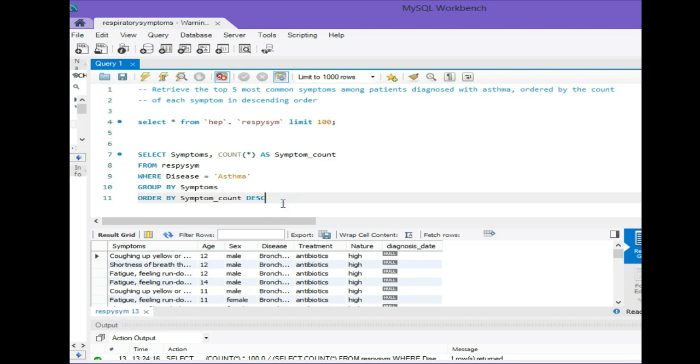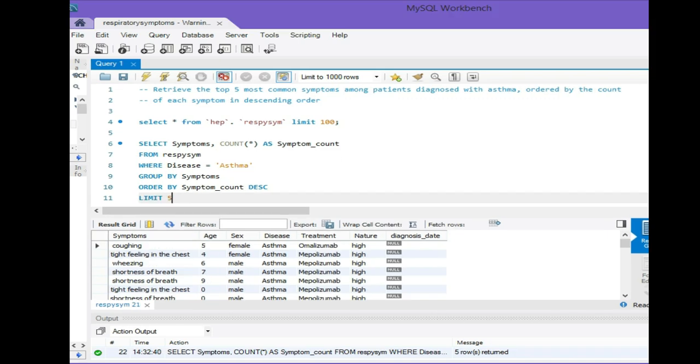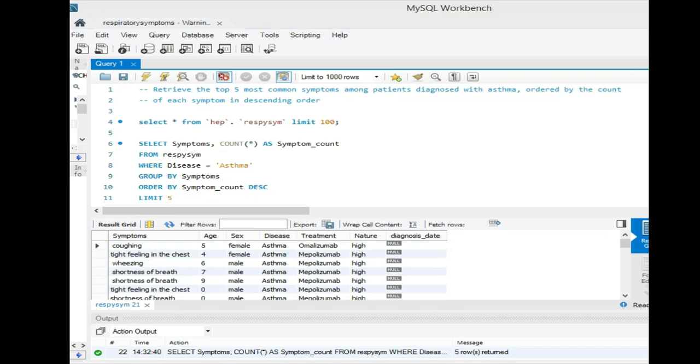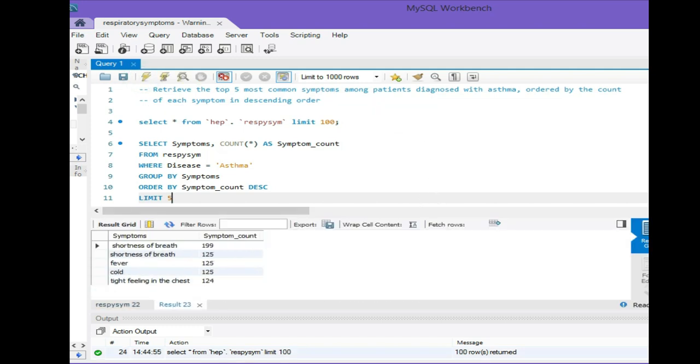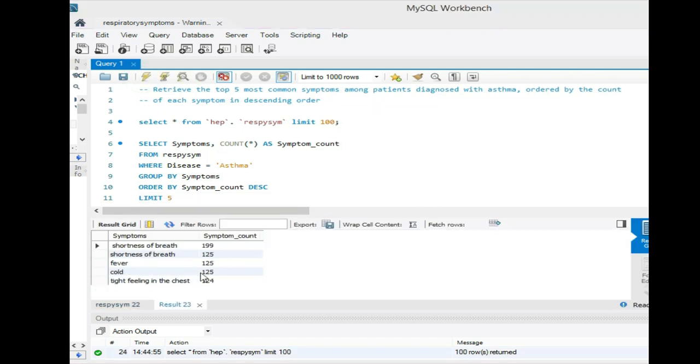And for that, we just have to limit 5. Now we will execute this sentence. So we get the expected result, but